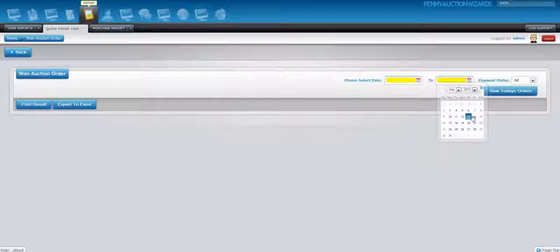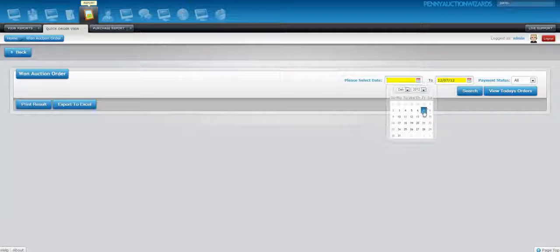this is more of a day-to-day auction and payment status report. It can show you today's orders as well. This is a very handy order system. Today's orders, for instance, will generate a report of all the auctions that were won for the day, and then you can export it to an Excel spreadsheet here, and it'll make life a lot easier when it comes to